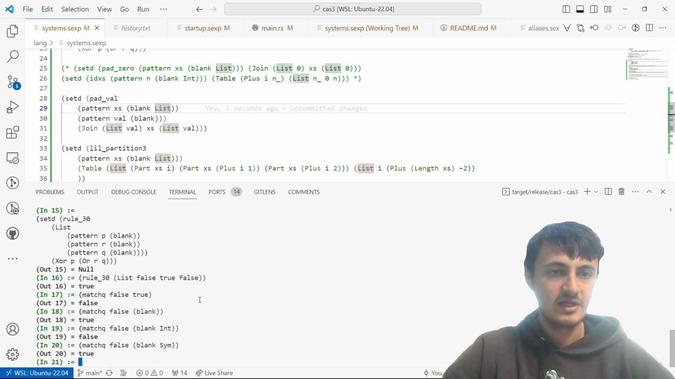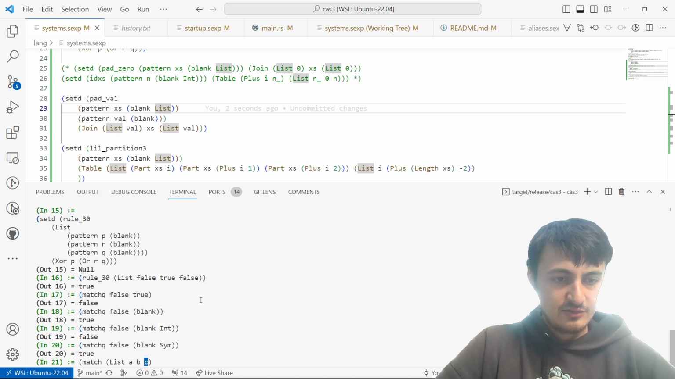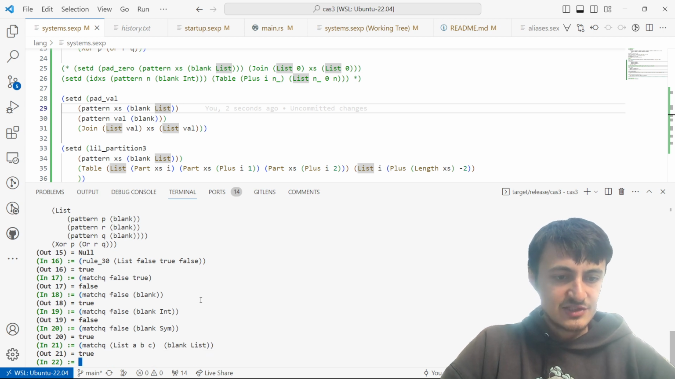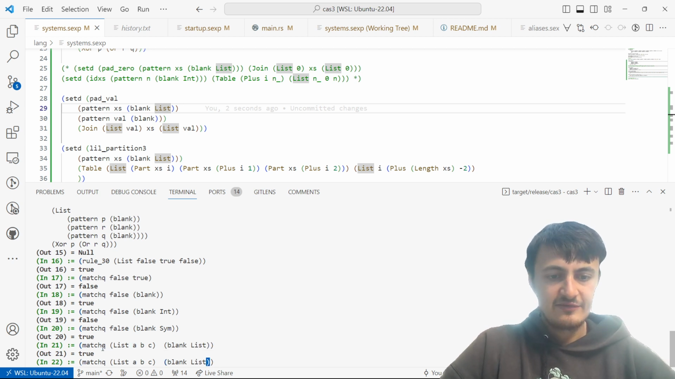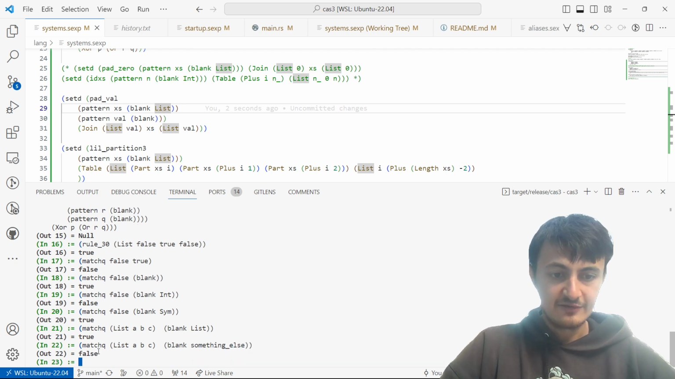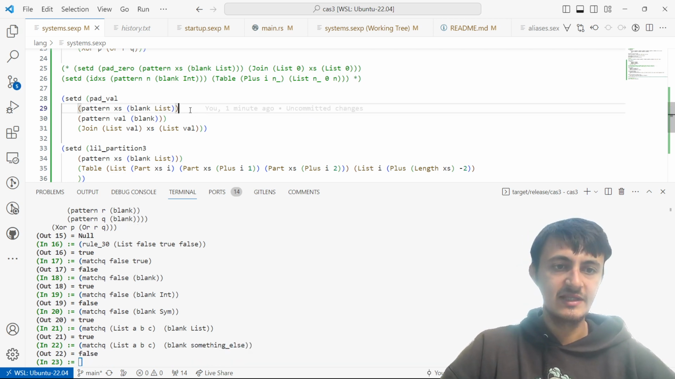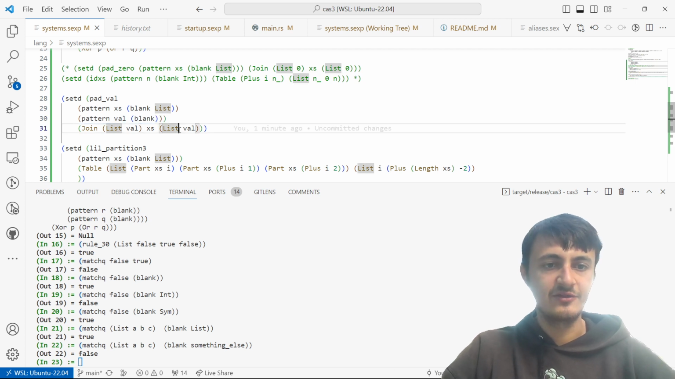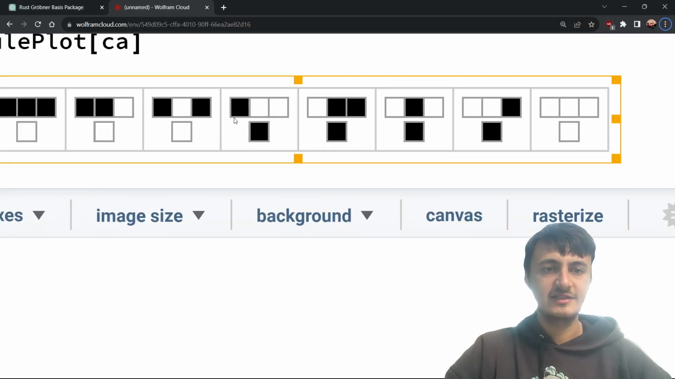Similarly, if we have a list ABC, then we can test that that blank list matches some list. But if I change this to something else, then we get false. So we're giving it a list, and then we're giving it a value. And basically, we're padding that value onto either side of it. And the reason for that is that if we